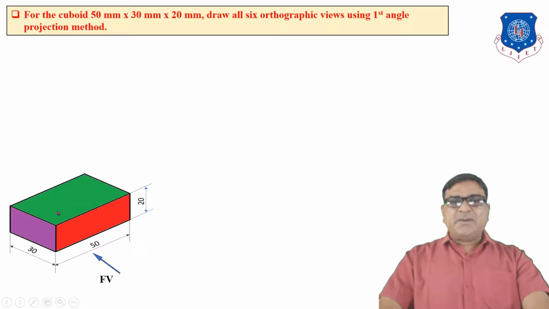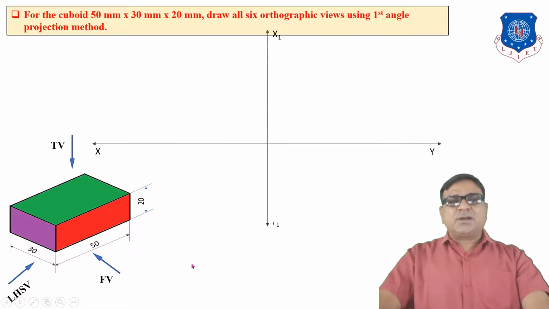So this is 3D pictorial view. The arrow represents the position for front view. So when we observe from here, we look the front view of the object. When we observe from here, this is the left hand side view. And when we observe from top, this is the position for observe.